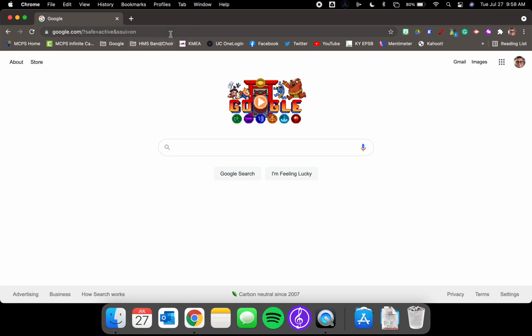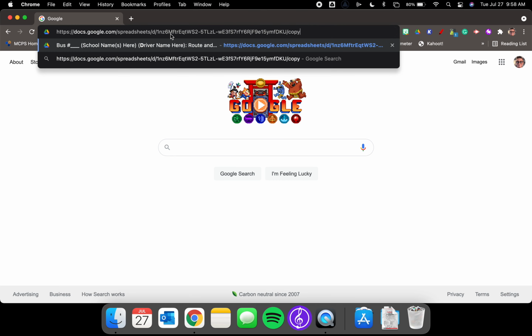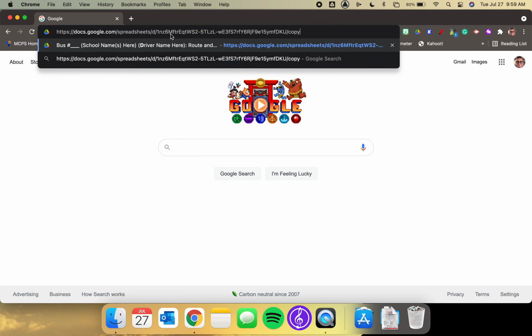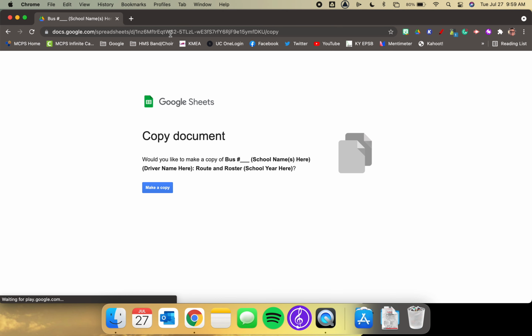From there, you'll have access to a link that will let you copy the template for the route and roster. It may be in Google Classroom, or maybe one of the office workers will send it to you to start this process. But you're going to come to that link wherever you find it. You can maybe click on it or copy and paste it in the browser,